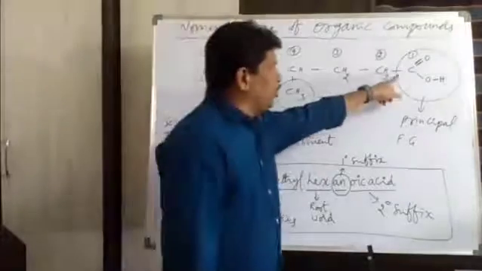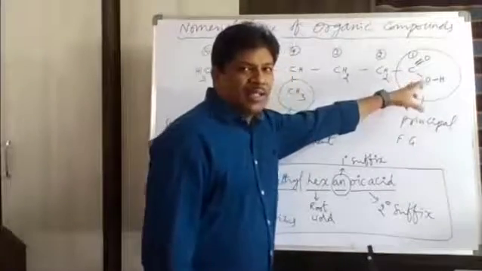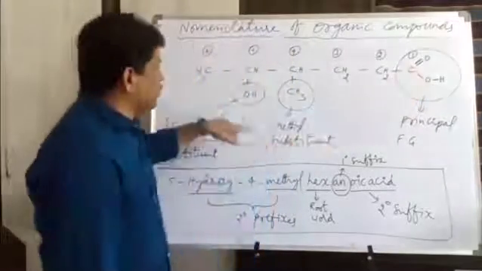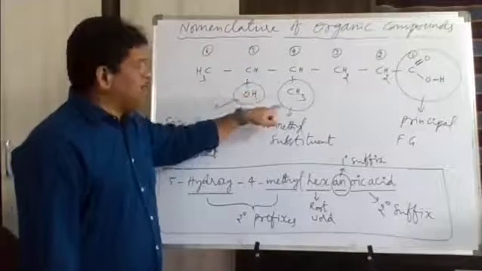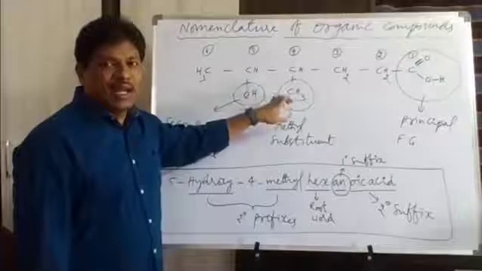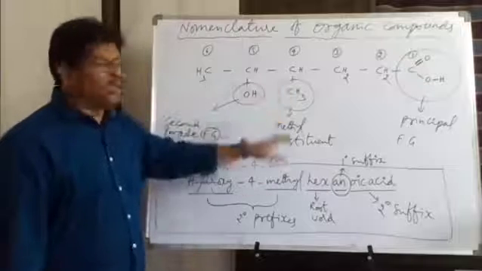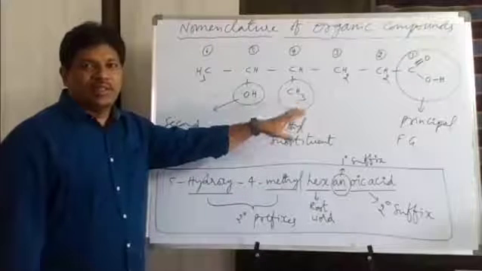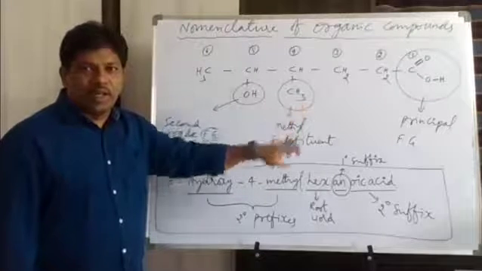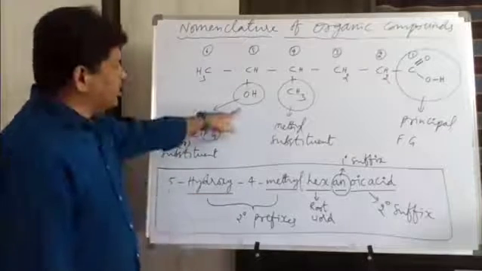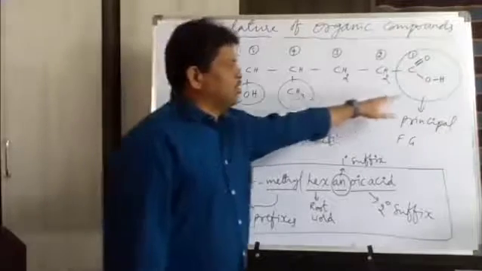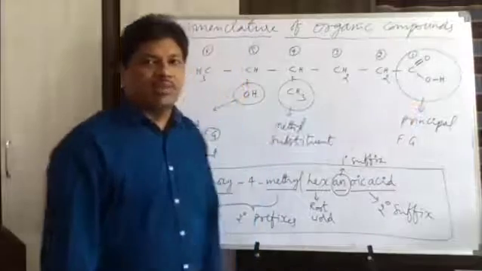Here the COOH group is called the carboxylic acid functional group, and the OH is called the alcohol functional group, and CH3 is an alkyl substituent. It is simply a substituent, not a functional group. An alkyl group can never form a functional group. So here OH is one functional group available, and COOH is another functional group available.